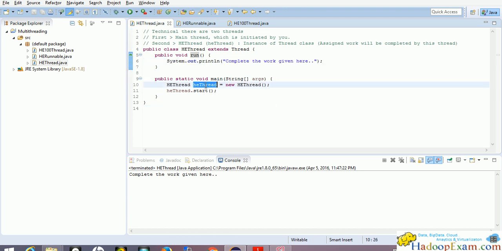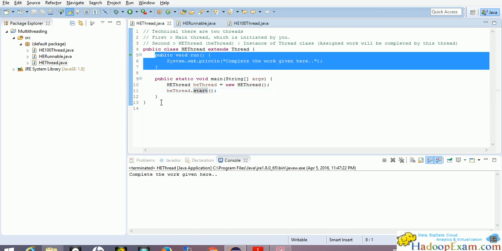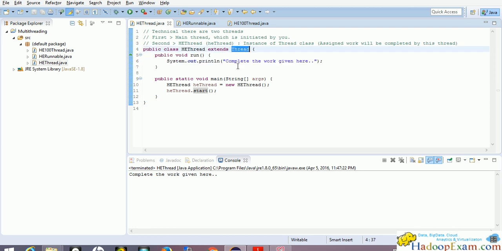Even if you see, I have not directly called the run method on this instance. You can see here I have called thread.start, and there is no start method defined in this class. So where is it coming from? It is coming from Thread. This start method internally calls the run method. So that's the reason it is always said, if you want to run the thread, you always call the start method rather than the run method directly. If you directly call the run method, it won't start a thread. It is just a normal method call on the instance. So this way you call the thread method.